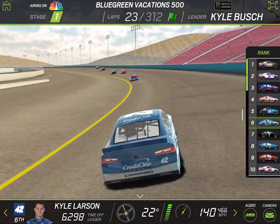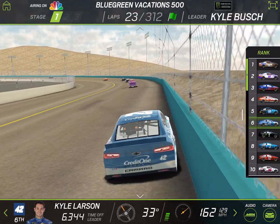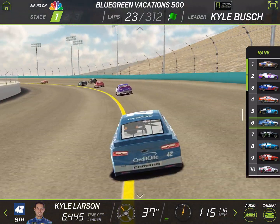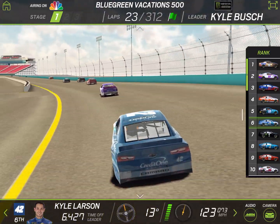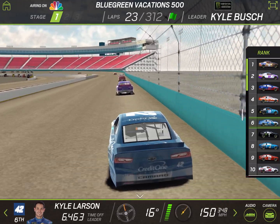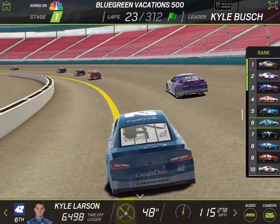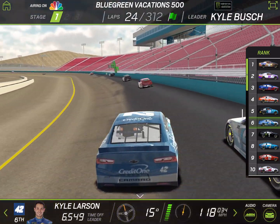He's a victim of his own success, in my opinion, because we're so used to talking about Kyle Busch winning a race maybe one out of every 3 or 4 races. Kyle Busch has been trending to win that way. But with this big of a drought, coming back to a racetrack, Rusty, that he's had so much success, when he won this race in March, he led 177 laps. When he won here in this race 1 year ago, he led 117 laps. Already he's led the opening 23 laps. So he's got